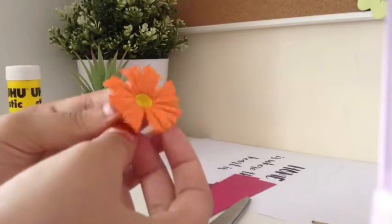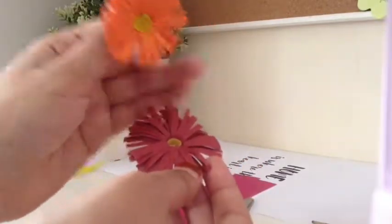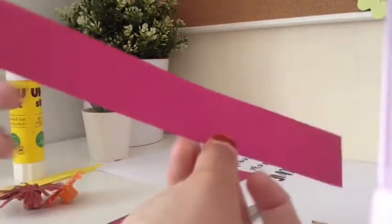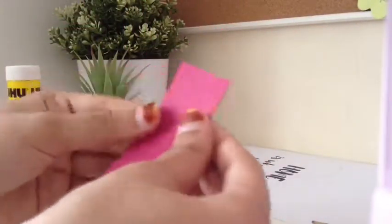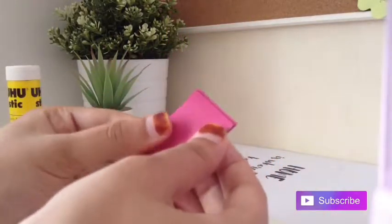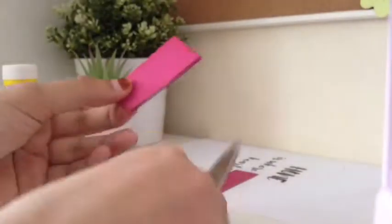So basically for the first one you need to make some beautiful flowers right here. You have big ones and small ones. It's about your choice. For this we need a long striped paper and fold it in half like that, and fold it again in half. It's about 20 by 3 inches paper, and cut it as shown,